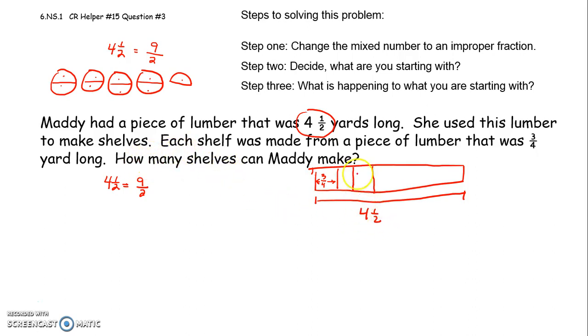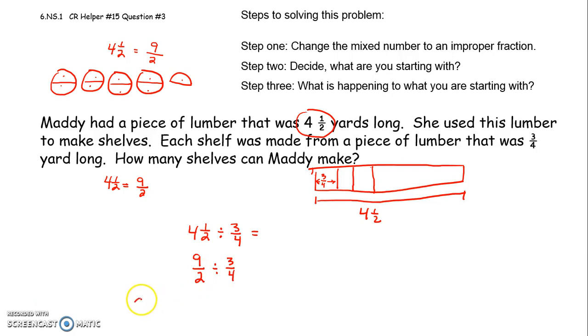Well, what it looks like she's doing, so what did we start with? We started with 4.5 or 9 halves. What's happening to what we start with? So we take our 4.5, and it looks to me like we're splitting that 4.5 up into 3/4 yard pieces. So we're taking 4.5 and dividing it up into 3/4 yard pieces, and then the question is, how many of those pieces are we able to make? So then you take your 4.5 and you convert that to 9 halves, divide it by 3/4,